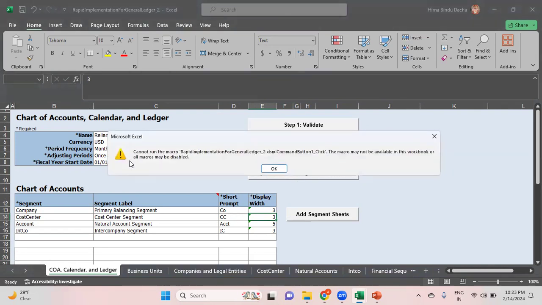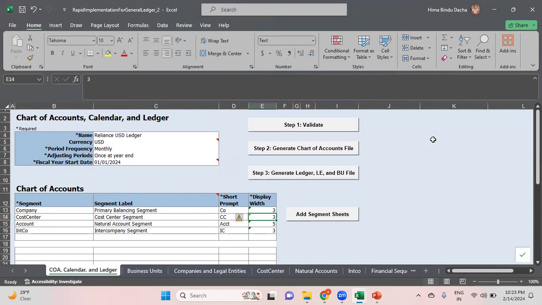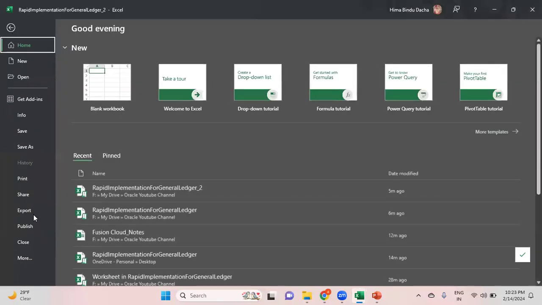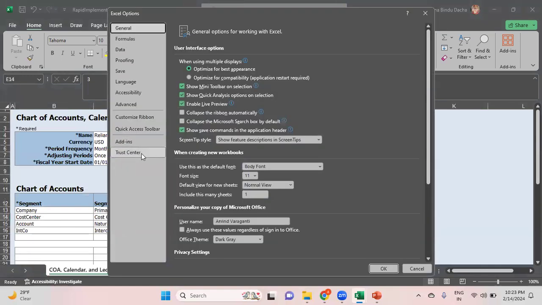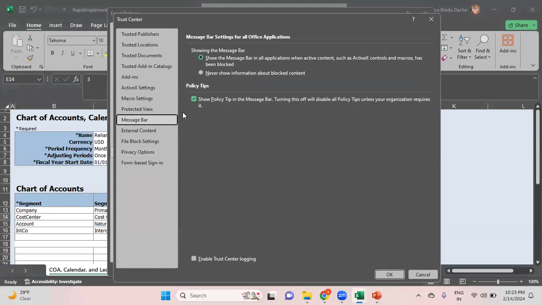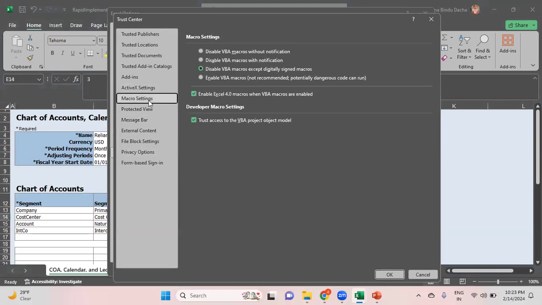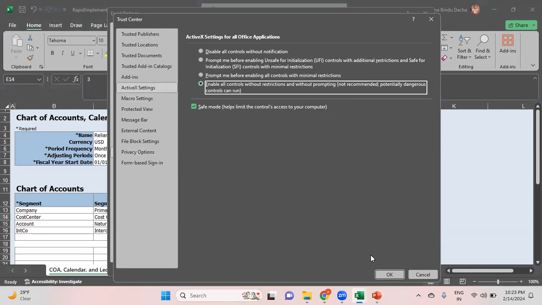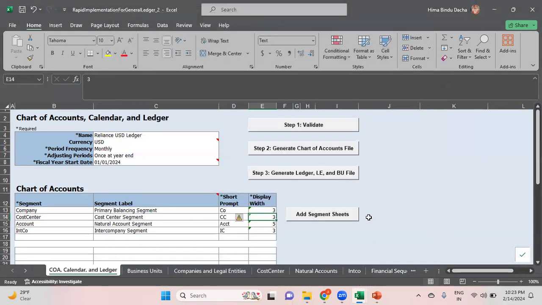Yeah, so whenever you try to validate or click on any of these things, if you get this kind of error message, then you need to do a couple of things. The first thing we have already done is clicked on properties, clicked on unblock. That's the first step. And after that, if you still start getting these kind of errors, there is something wrong with the macros. So what you need to do is file, more, options, trust center, trust center settings, macro settings, check the radio button enable VBA macros, and in ActiveX control, click on enable all controls, click on OK, OK, save,